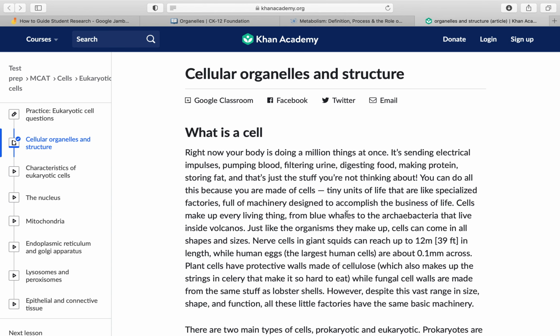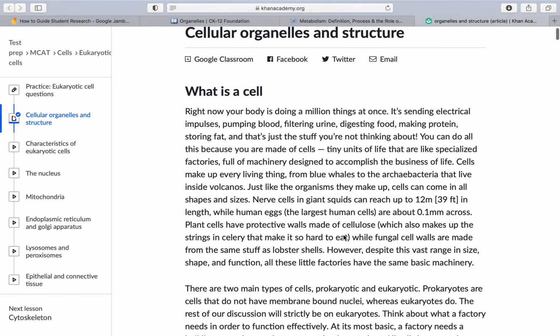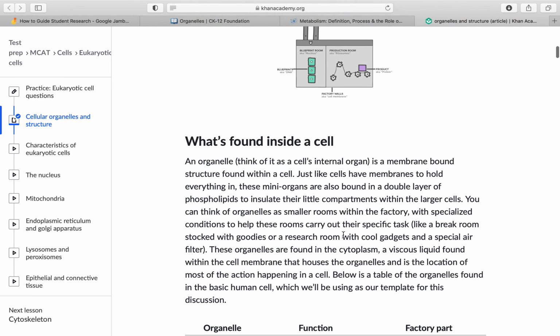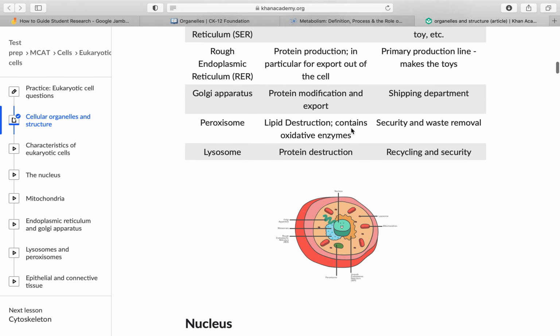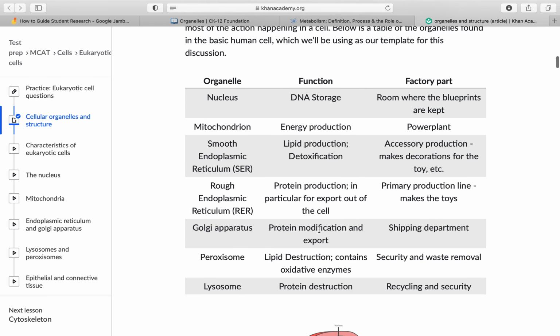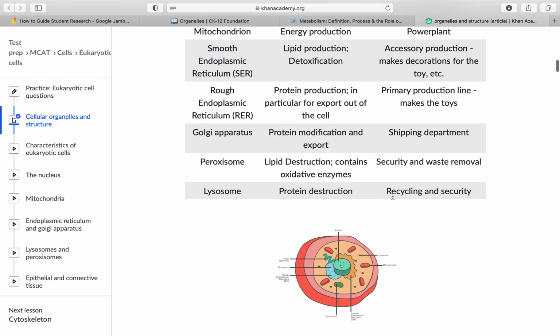And the last resource is a challenging level resource. So I knew this would be more challenging because they have a lot of information here. There are visuals. So all of these three resources have visuals. They're a little bit more complex, and they do have a table with the organelle function, and they compare it